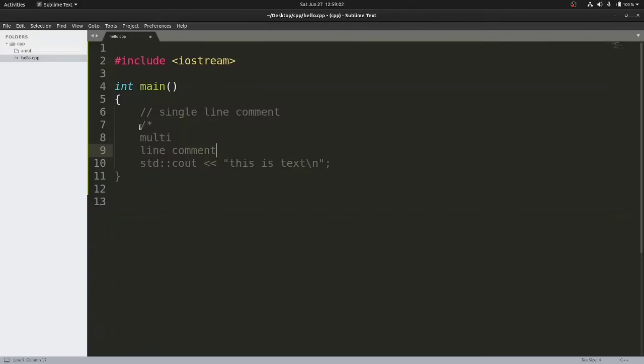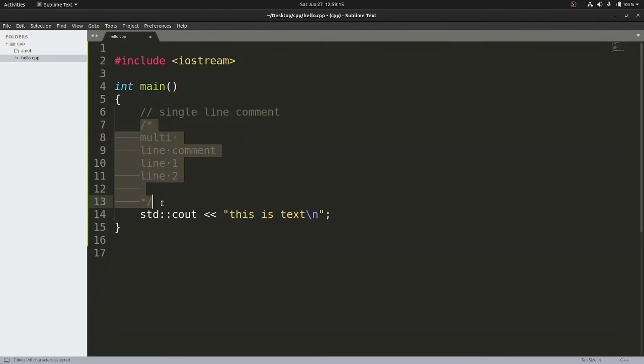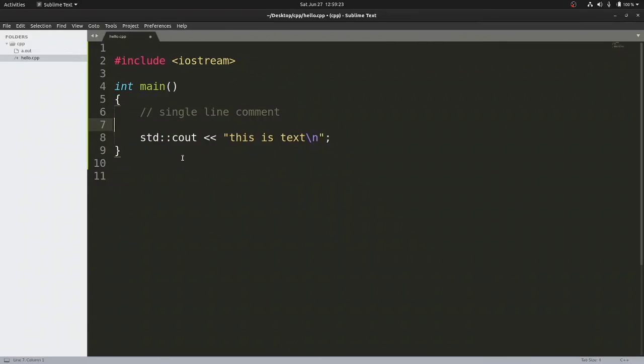If this is the start of the multi-line comment, then you have to close it like this, asterisk and then /. That means you can put any number of lines, line 1, line 2 and so on. So this is your multi-line comment and this is your single line comment. Whenever you need to provide many lines of comment, use the multi-line comment, and whenever you need to provide information that is just a single line, use a single line comment. I hope that comments are clear.